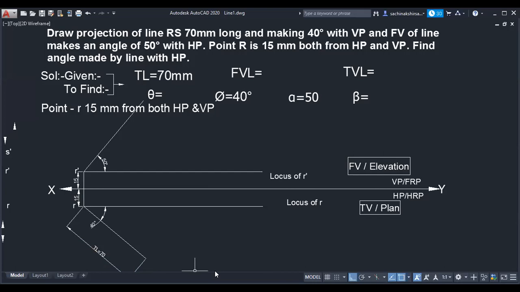Now what to do next? Draw the locus. All the things which are given in the problem, we have utilized: the high angle, alpha, and true length. So what to do now? True length is with us. How can we make use of true length? Or, from true length, how can we find apparent length?